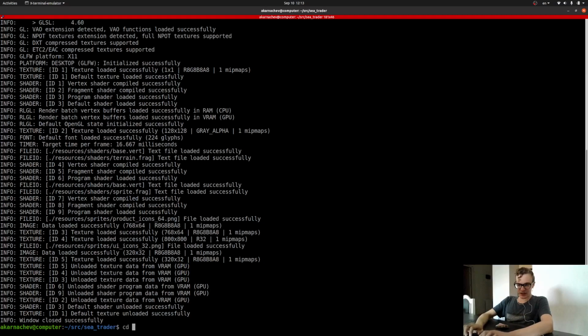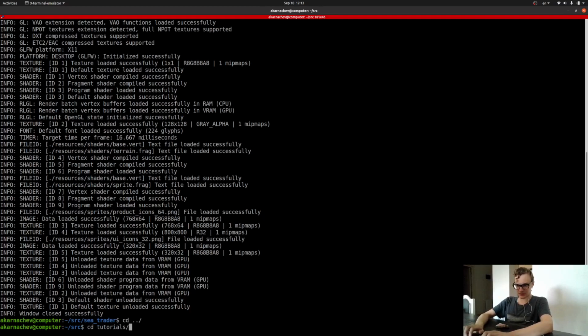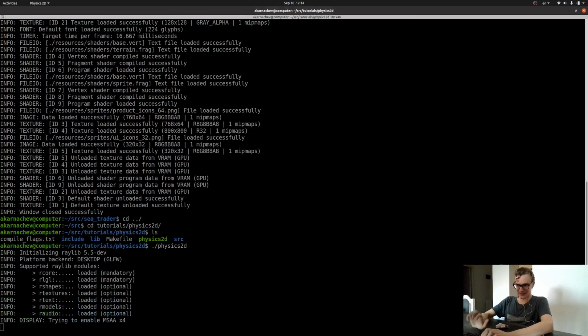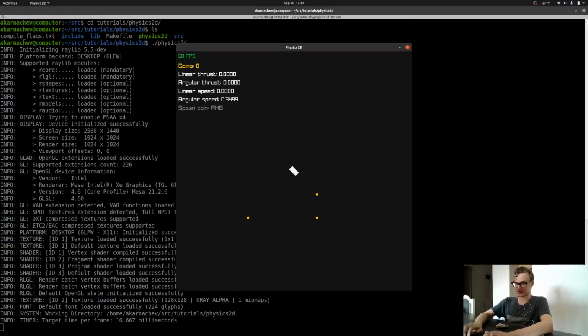For this I built a basic template to play with this stuff, tutorials, physics 2D. For now, it looks like this. I have this boat, and the boat can move. It basically moves with huge inertia, as you can see. And this world has a simple physics simulation. For instance, I have the mass of the boat,